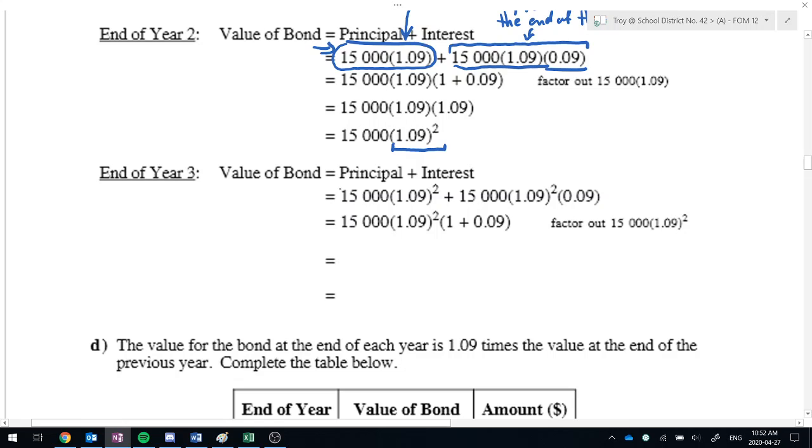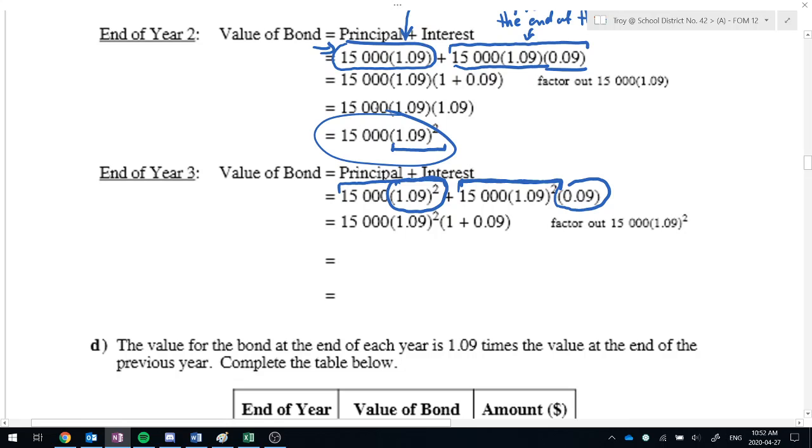So now this is our new principal with all that interest included, right? And to that now we're adding the next 9%, the next compounding period of the end of the second year amount. This is the end of the second year amount, right? It's the same as this one,